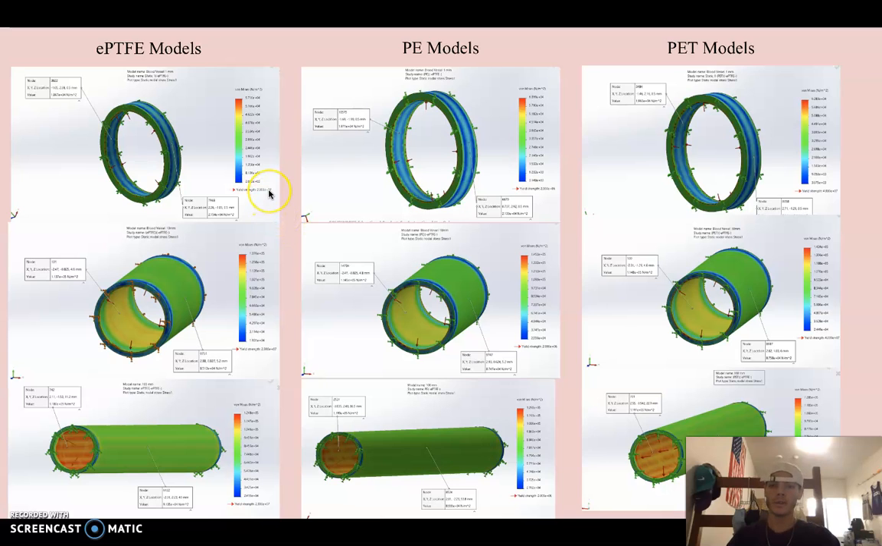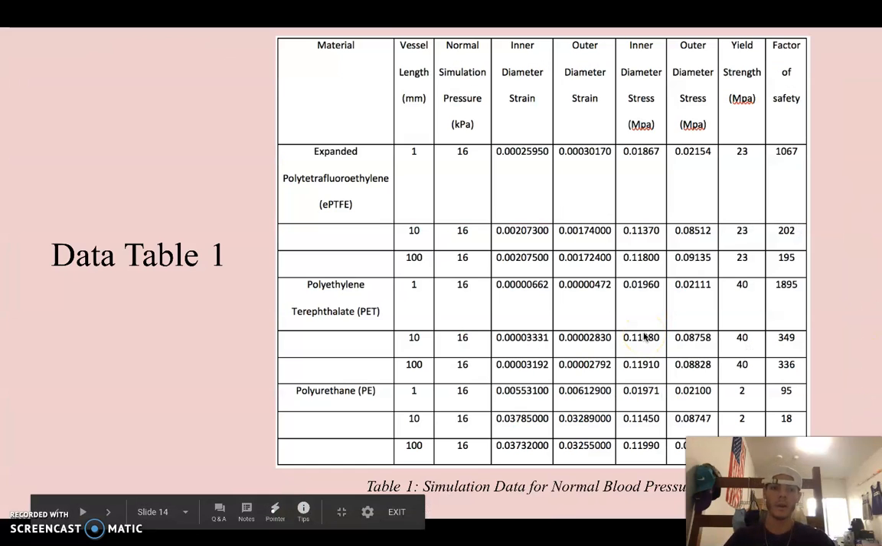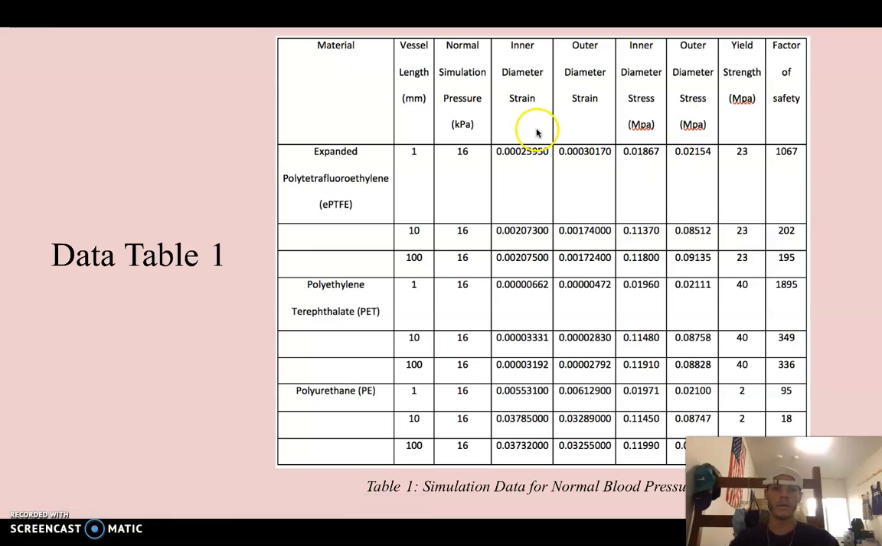So these models were probed, and the values were input into Excel data, and the yield strengths are also shown for reference. Here's data table 1. Important information calculated here is the factor of safety. That's done just by taking this yield strength and dividing it by the max operating stress, which in this case of the 1 millimeter ePTFE is 0.02154 megapascals, which results in a factor of safety of 1067,